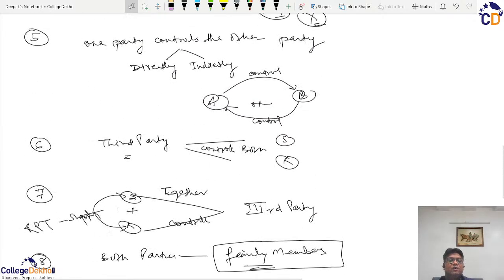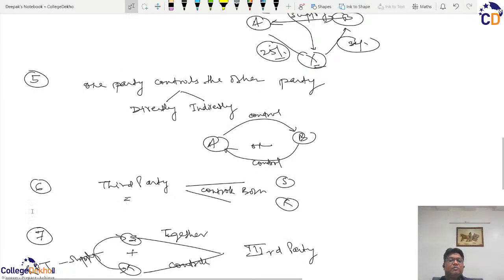Or if both supplier and recipient jointly control a third party, then they will be deemed as related party. Or if one party controls both the supplier and the recipient, then even the third party is involved, but because supplier and recipient are controlled by a common party,